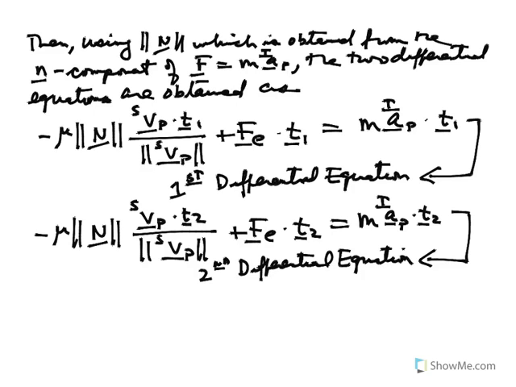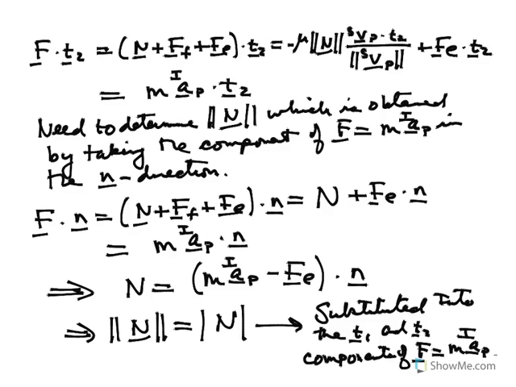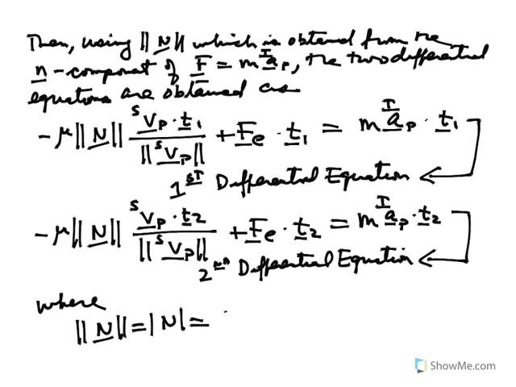And so we have the two differential equations where the absolute value of the magnitude of n is equal to the absolute value of n, which is equal to what I wrote down before, the mass times the inertial acceleration minus fe dotted with n. And so we have all the information we need. We substitute that in and we get the two differential equations. So what's the result here? The result is that the differential equations